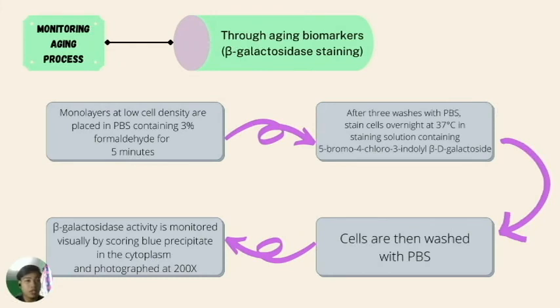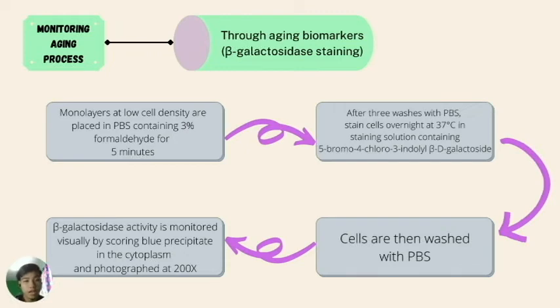And lastly, monitoring the aging process through aging biomarker beta-galactosidase staining. Firstly, monolayers at low cell density are placed in PBS containing 3% formaldehyde for 5 minutes. Next, after 3 washes with PBS, stain cells overnight at 37 degrees Celsius in staining solution containing 5-bromo-4-chloro-3-indolyl